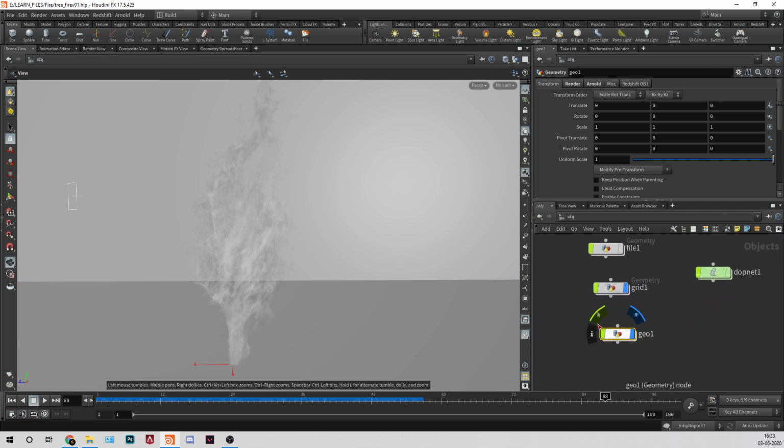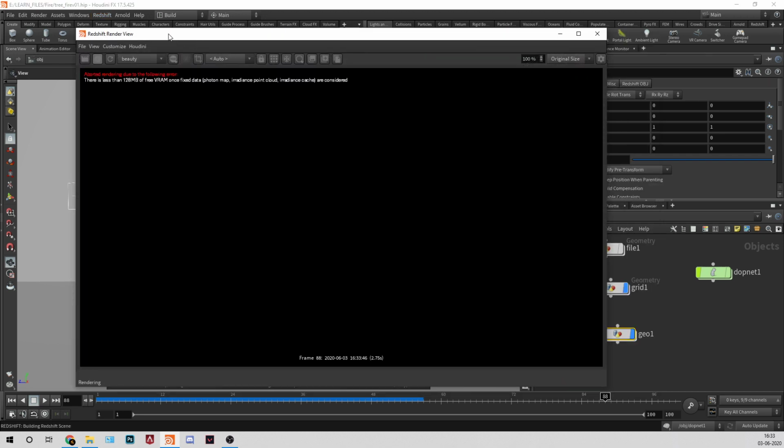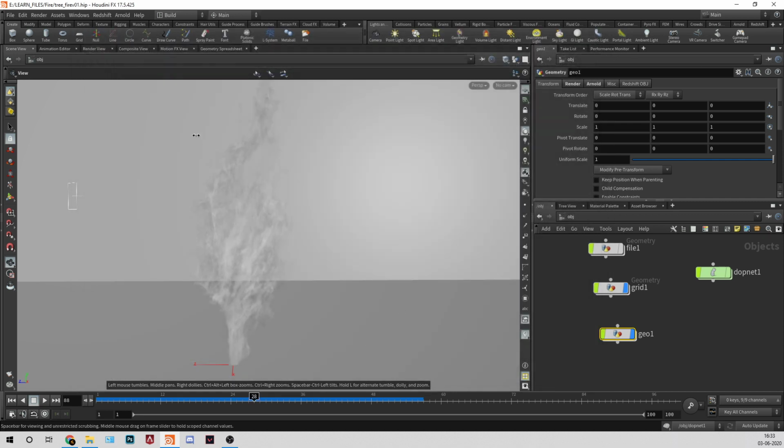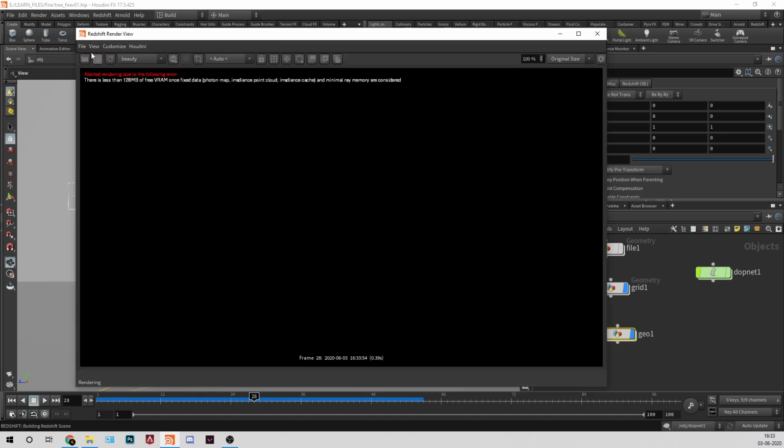So we applied that one, and I'll go to render view and render this. Okay, render view aborted render due to the following error: there is less than 128 MB of free VRAM once fixed data, photon map, iridescence, point cloud and minimal may are considered.